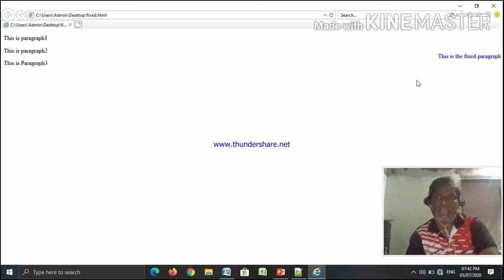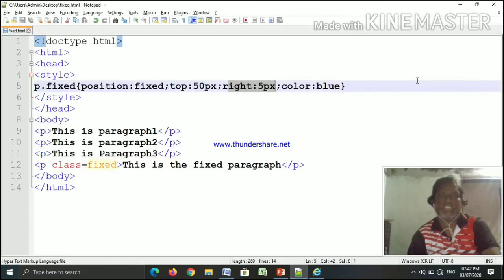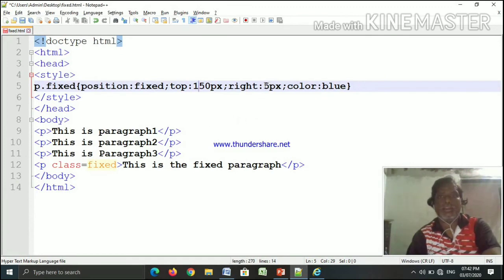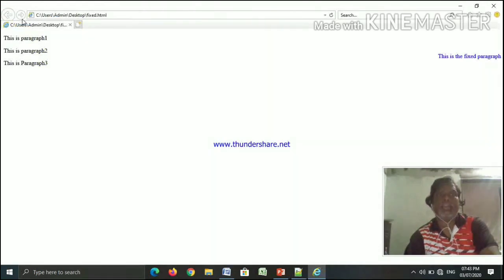Now you can just see the change, how this paragraph will change the position. I am again coming to the source code and just changing the values. Here 150 and here 35 pixels for the right, and I am just clicking on save and coming to the web browser window. By refreshing this program, we see the change.